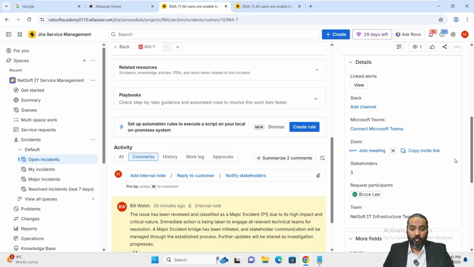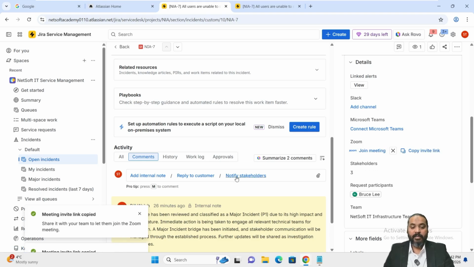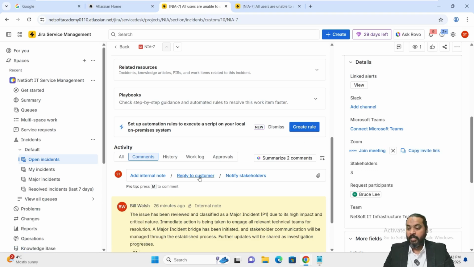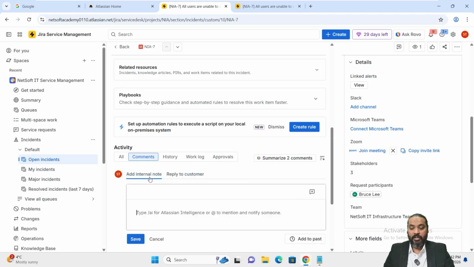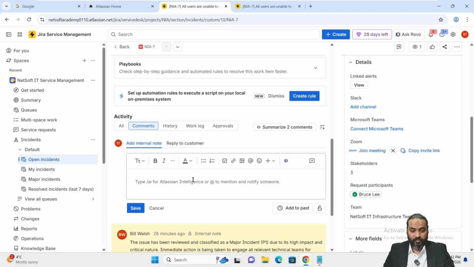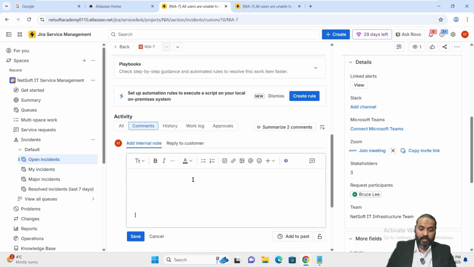Okay. Let's do one thing. Before that, we will copy invite link. And we are going to click on Add Internal Note. Let's first add this somewhere. Okay. Now let's add the context of mail,